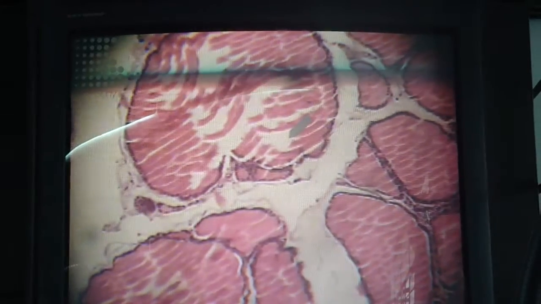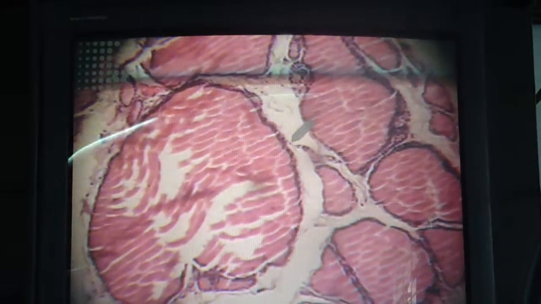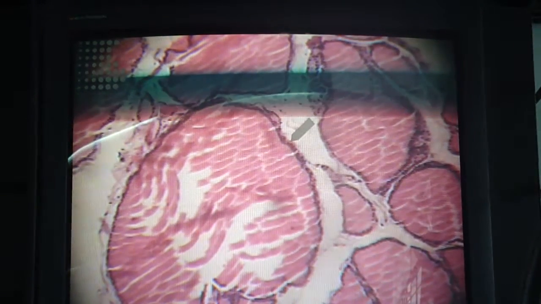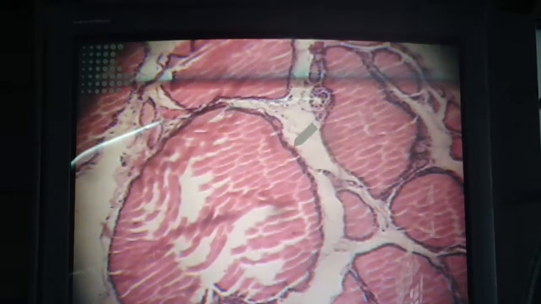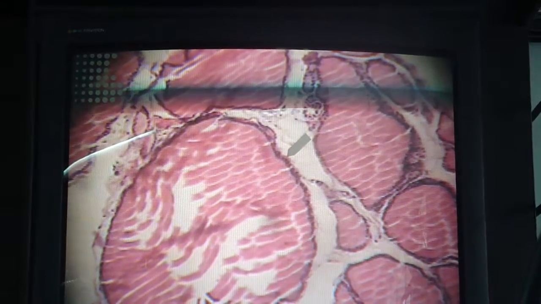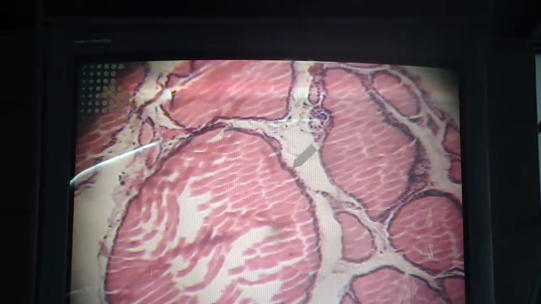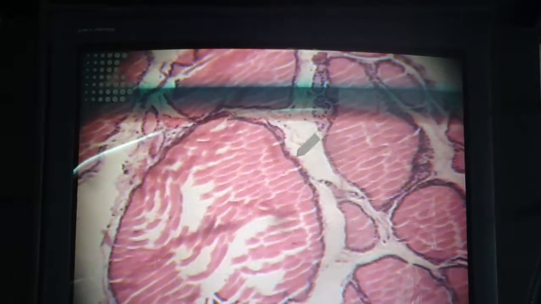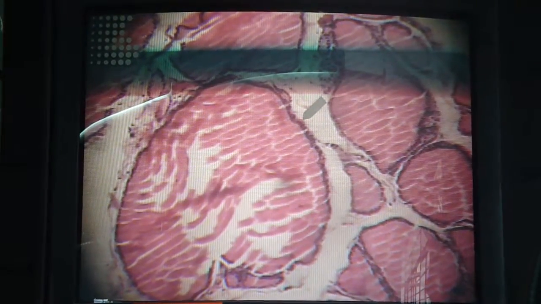It is made up of cuboidal cells, follicular cells. These are the colloid. And in the demo, you could see a big cell there, which has a clear cytoplasm. It's called the parafollicular or clear cell. The majority are the ones that secrete your thyroid hormone, your follicular cells. So the whole structure is your thyroid follicle. The light epithelium are follicular cells, which are cuboidal cells.